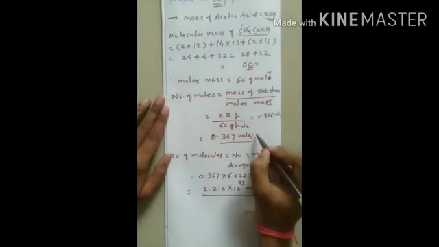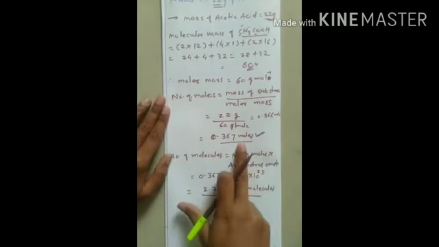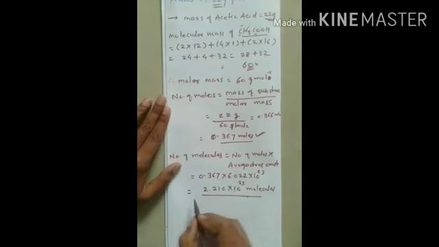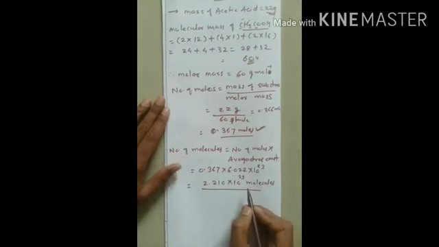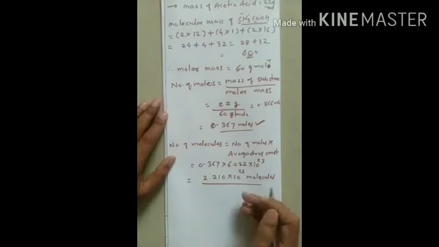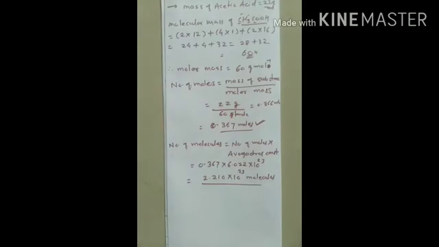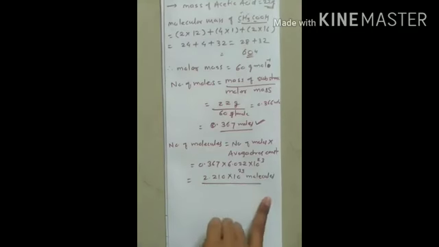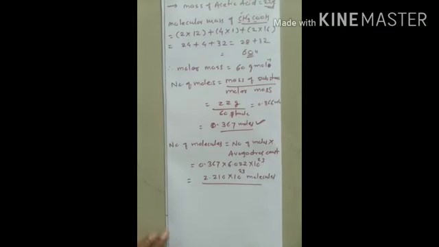So we can say number of moles are found to be 0.367 and number of molecules are found to be 2.210 into 10 raised to 23 molecules. So actually in your theory examination, we have to write it down separately below. So number of moles must be 0.367 and number of molecules equal to 2.210 into 10 raised to 23. So this is the proper way of writing the answer, so that the examiner will be comfortable and they will give you full marks. Okay, after this we are going to discuss our next question,